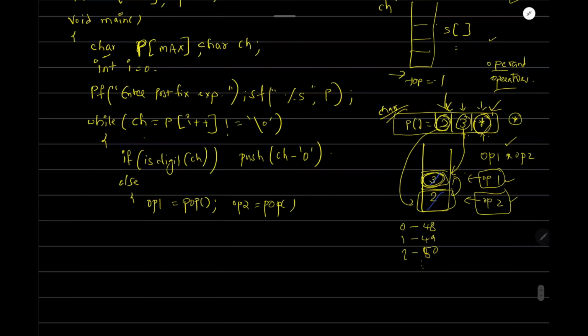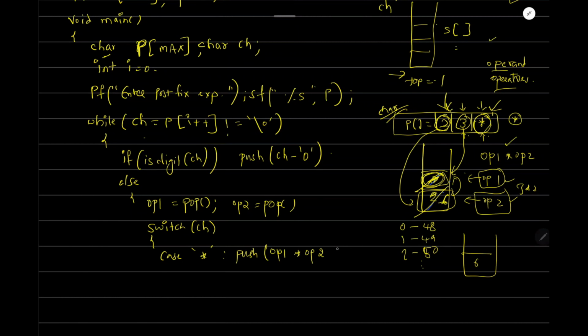So now I will be applying the operation between them using the switch condition. So switch ch, if in case it is multiplication, as I said, 3 into 2 is 6, so I will be pushing just the number 6. I will be popping this 3 element and 2 element, and I will insert into the stack the multiplication of these two. So I will be pushing op1 into op2. Okay,